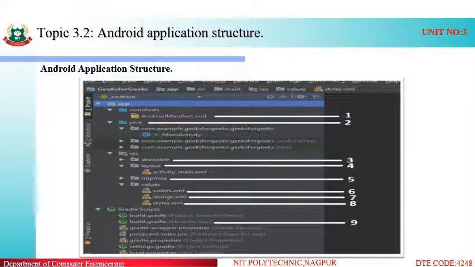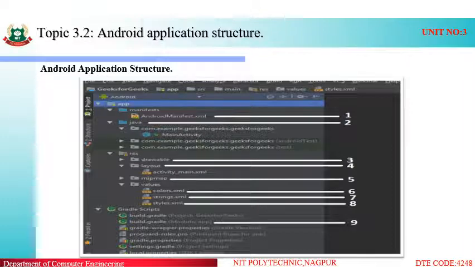Drawable folder consists of different static resources such as images, if we have used static ones, as well as dynamic ones, as well as layouts. The main activity XML contains the XML structure of the layout we have used in our file.